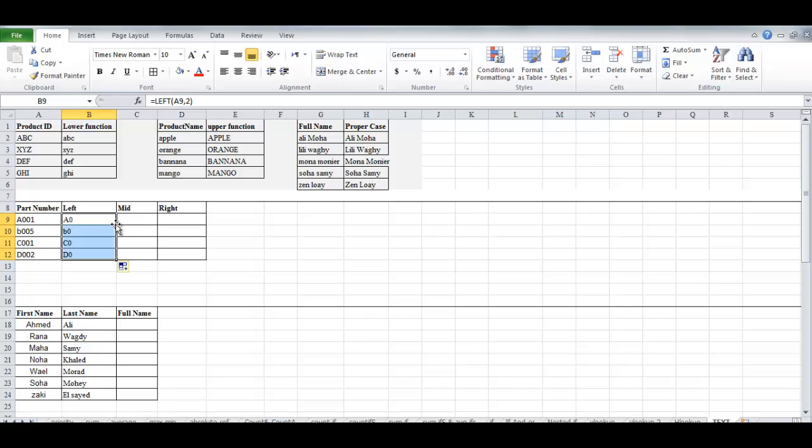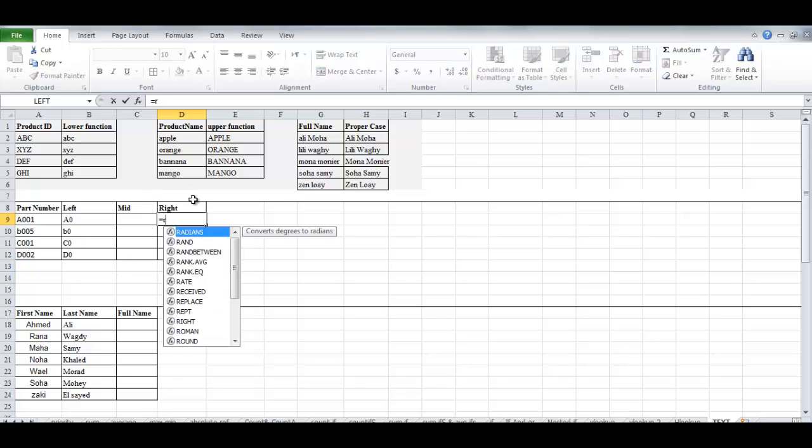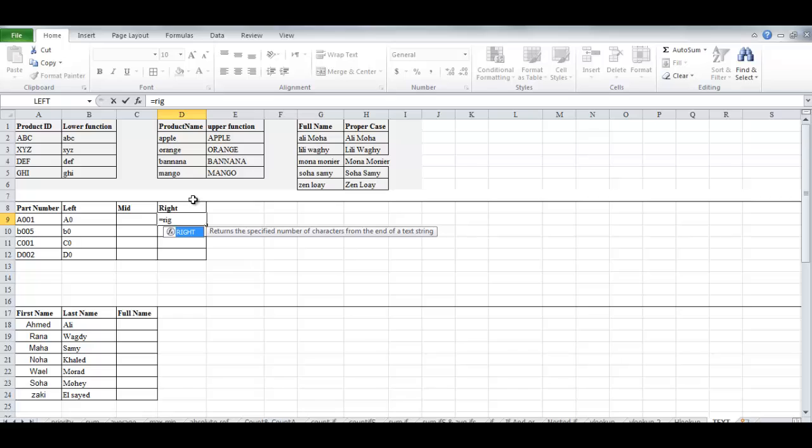Now it is copied. Okay, let's move on to the RIGHT function, because it is the same idea and it is similar to the LEFT function, but it will extract the text from the right. We can type it equal RIGHT, and Excel will suggest this function for me,